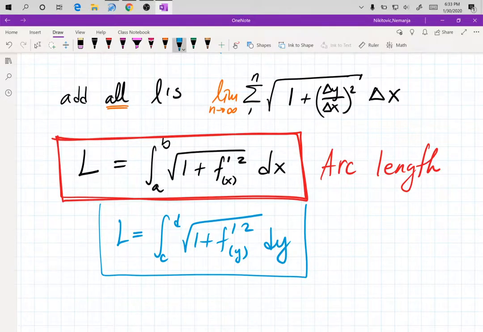So what we did is we approximated the length of a single tiny piece, and then we just added all of them in a pile, which created a Riemann sum, and the Riemann sum turns into a definite integral, and we see that what we need to compute is this